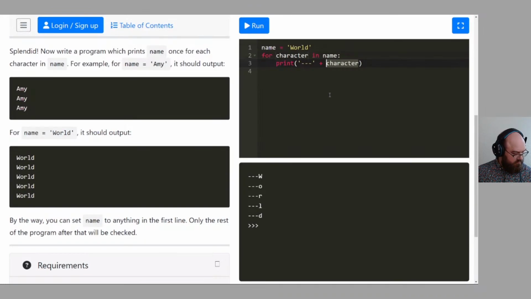I know this is probably such a simple fix. I'm just overthinking. I know it's something to do with line 3, obviously. Yep, that's right. You also said you don't need character, so go ahead and delete character. Do you need the dashes? No. All right, delete those. But I feel like we need to print something.